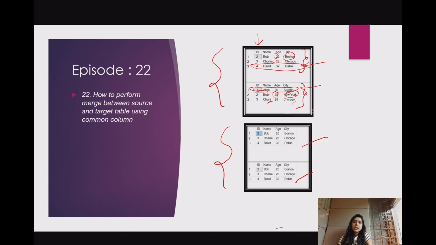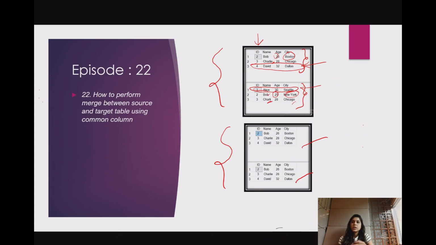So now the question may arise in your mind that if we have insert statements, update statements and delete statements separately, we could have performed these three statements and made the data sync together by using these statements. Then why do we need merge statement altogether? So the answer to that is merge statement performs all these operations in a single statement, and you can make this statement dynamic so that it will automatically take the values from the respective columns and it can perform the job. So you do not have to write the code every day and sync the data between source and the